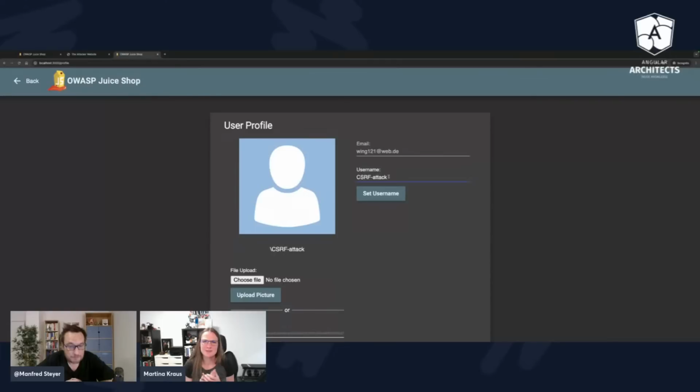This is the browser behavior. So what happened? Yeah, I guess the browser not only opens this website, but also forwarded the already existing cookie to the backend. And so the username was changed in your case to CSRF attack.